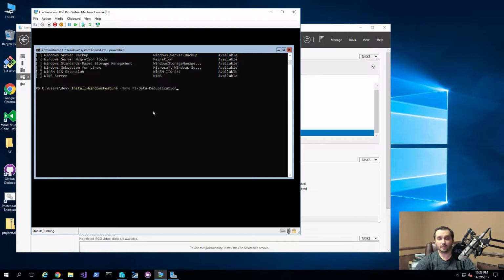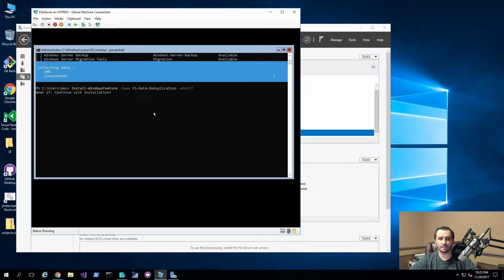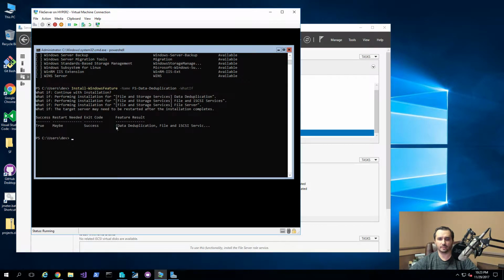And if you wanted to quickly check to see what other features it might install, you just do -WhatIf. And when you run this, it will tell you that it's going to install data deduplication, file and iSCSI services. You can't see everything here. If you wanted to actually see it,